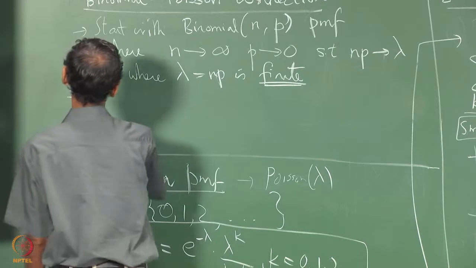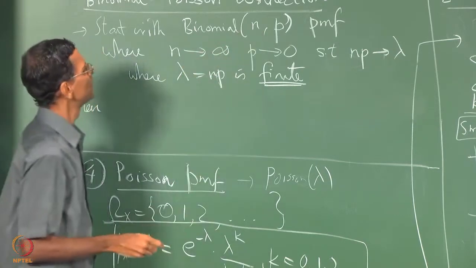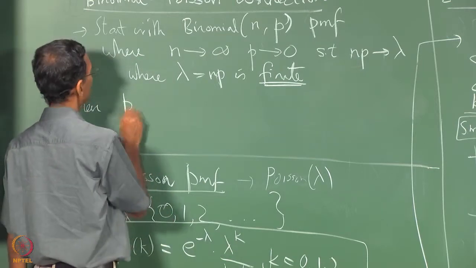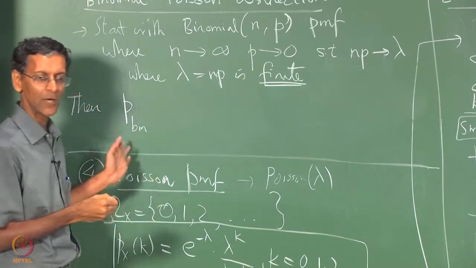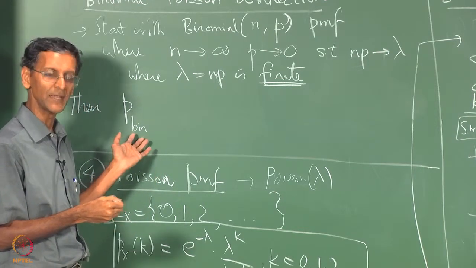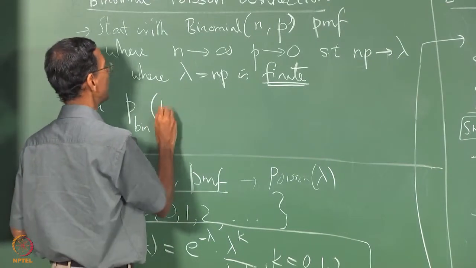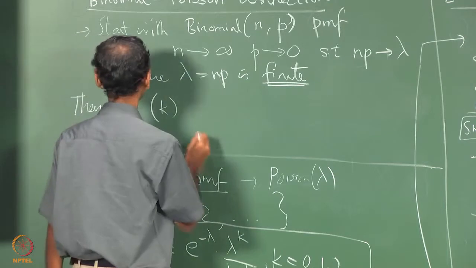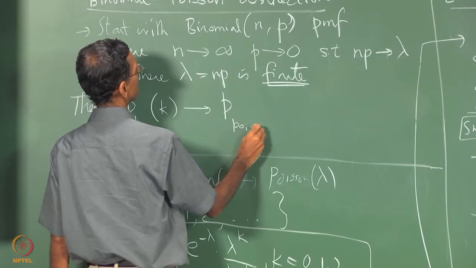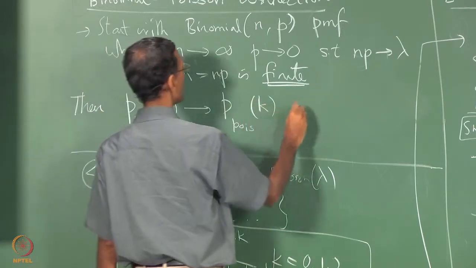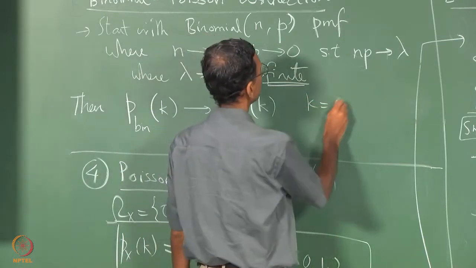Then this binomial PMF, if I write P binomial, I am not going to put a subscript for a random variable, I just put the subscript corresponding to the PMF itself. P binomial of k tends to P Poisson of k for most cases, so k equal to 0, 1,